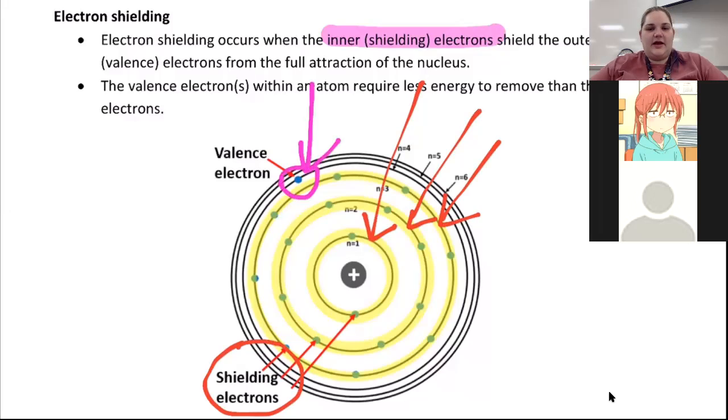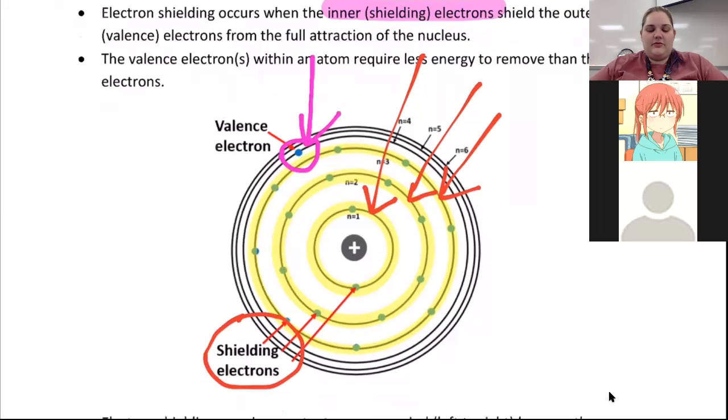So this element is actually, I believe, potassium. Yeah, it's potassium because it has 4 energy levels and it has 1 valence electron in its 4th energy level, which would mean that it would be the element potassium. And so what the concept of shielding means is it just means that this valence electron, or any valence electrons